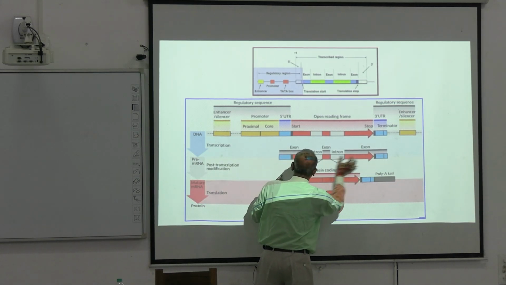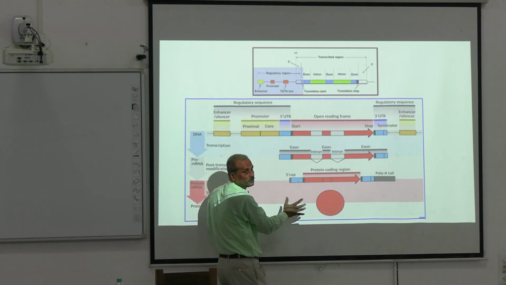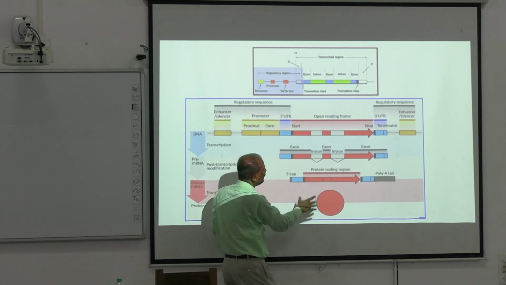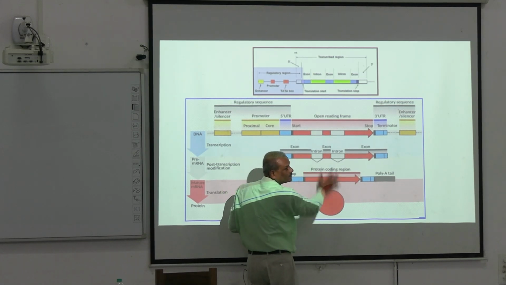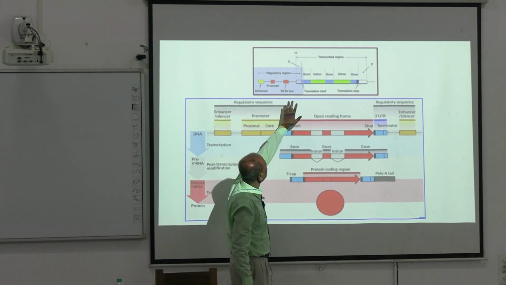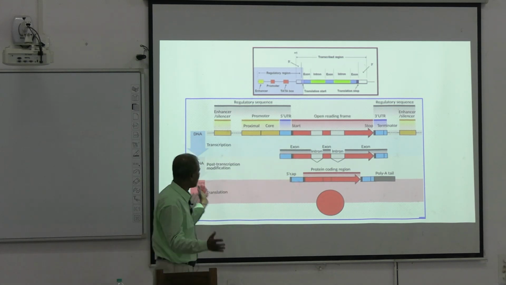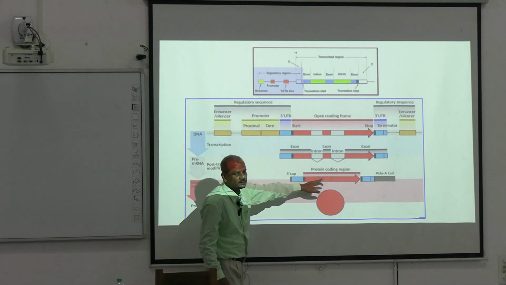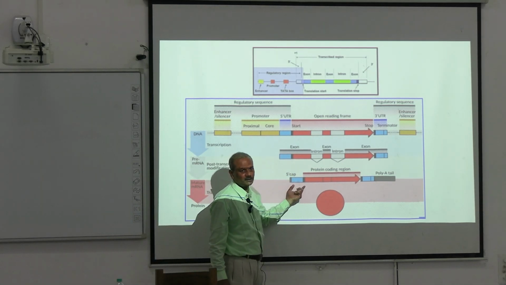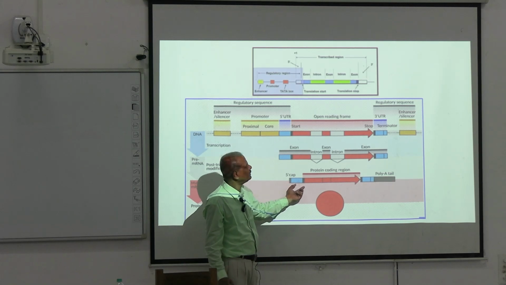So that part which is there, the 5' untranslated region, is also a part of the primary transcript, but this is not the protein coding region. Protein coding region is this one, which is composed of exon and intron. Introns are removed and exons are spliced together. So translation will occur with the protein coding region, not with the untranslated region. The name is untranslated, means this part is not translated.